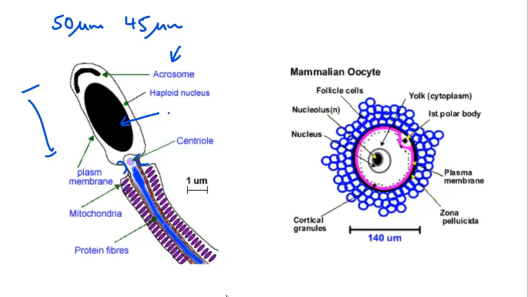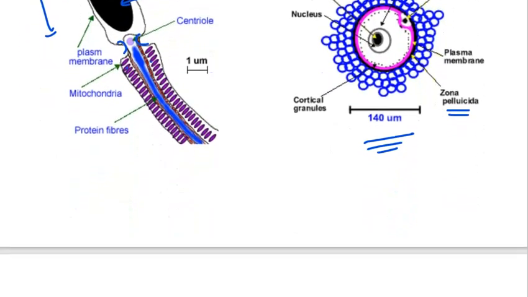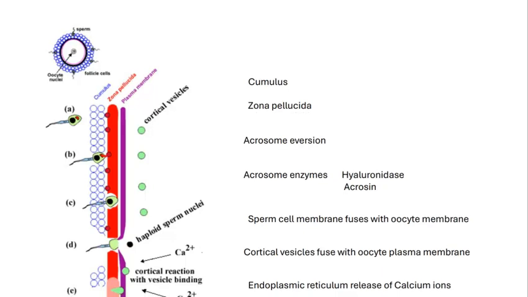fertilization. On the right-hand side, we look at this, the largest of all the cells, the mammalian oocyte, surrounded by the follicular cells around the outside like so. And then we have a number of other layers, including this zone here, which is a protein matrix that needs to be passed before the plasma membrane of the egg cell can fuse with the plasma membrane of the sperm cell. So let's take a look at how that occurs and how you prevent a second sperm cell from